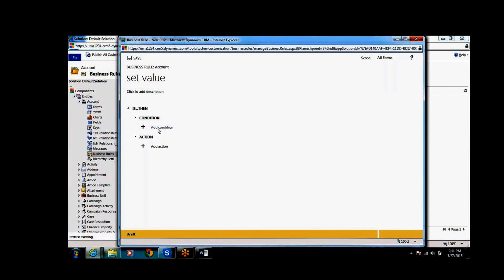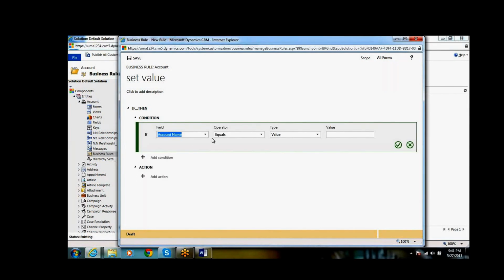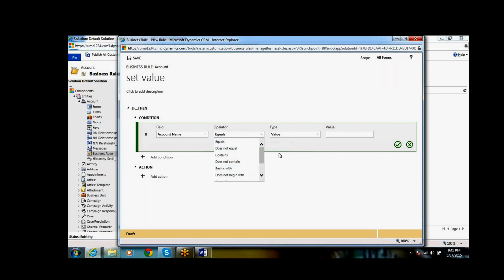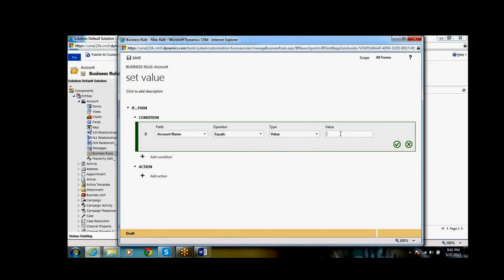Here, if you have any if conditions, earlier in 2013 these were not there; they introduced them in 2015 only. If you want to add a condition, for example account name equals to, you can see the operators: equals to, does not equal to, and then a value or a field. If I select value, account name equals to xx, this is the value it will check.